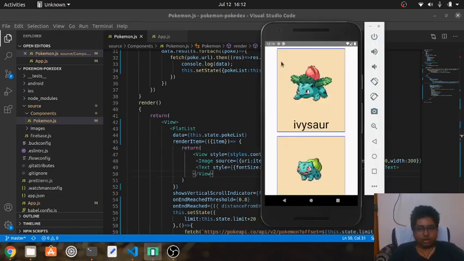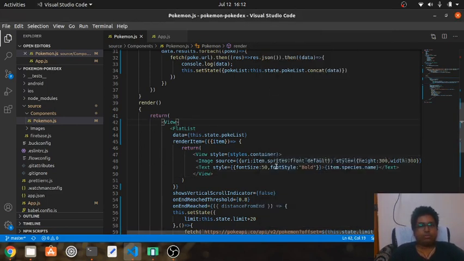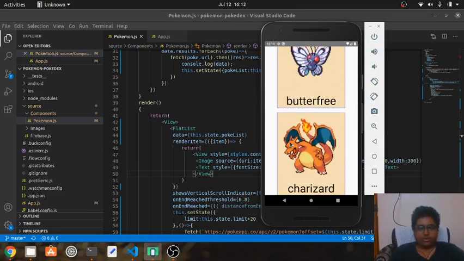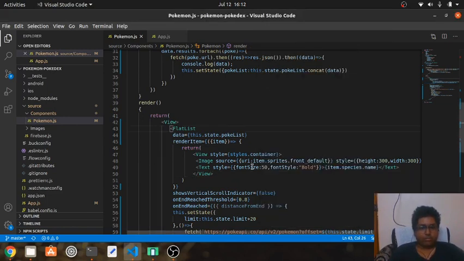So we are getting that view, this image, and the name of the Pokemon, and that is each item of the flat list. So initially there are 20 items in that list. Okay, next the thing is